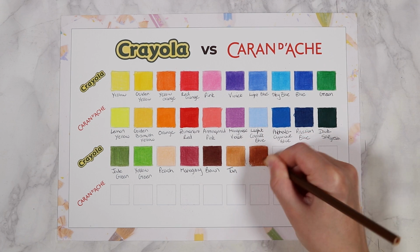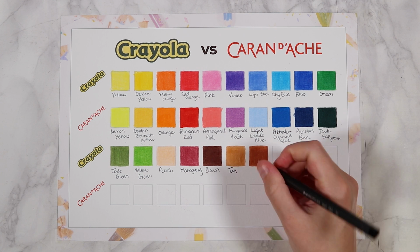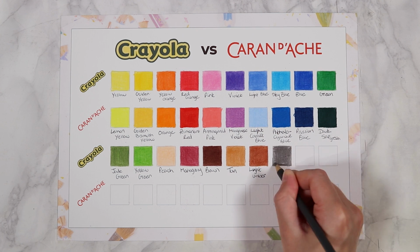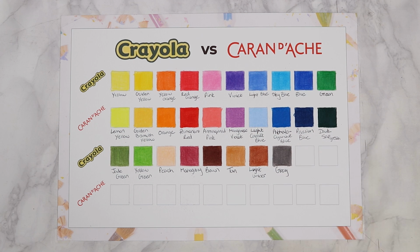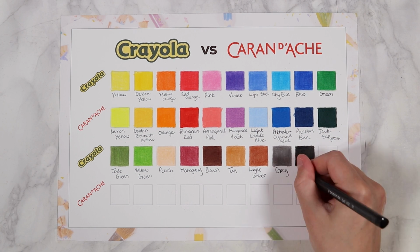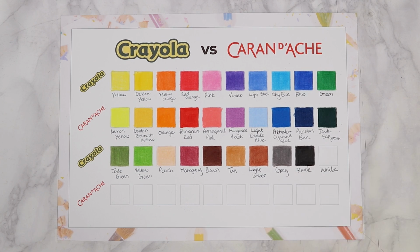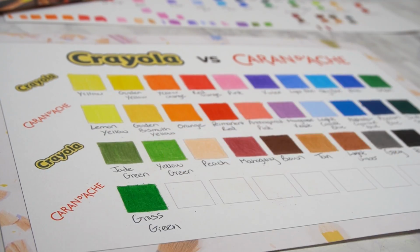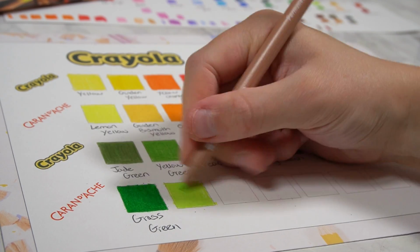But one thing that I did really like about this pencil set though was all of the colours felt the same when I laid them down on the paper. The quality of these pencils felt very consistent throughout the set, and I knew what to expect when I shaded with each pencil. Whereas with the Caran D'ache pencils, I found that there was more of an inconsistency to how